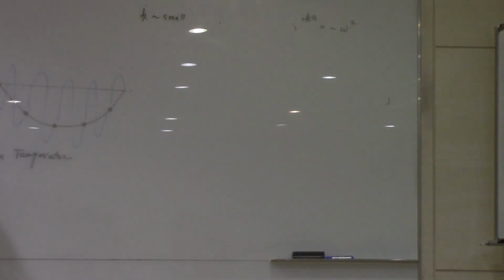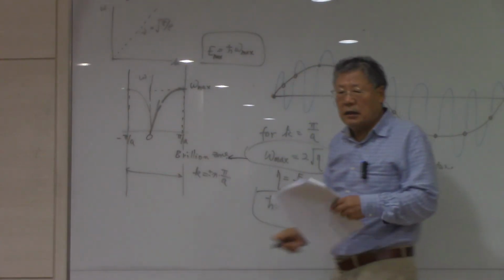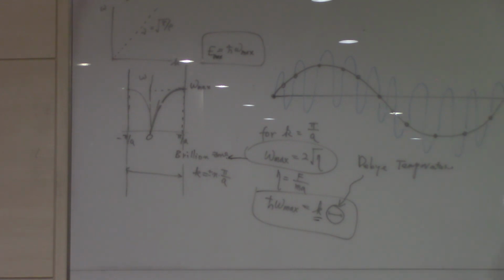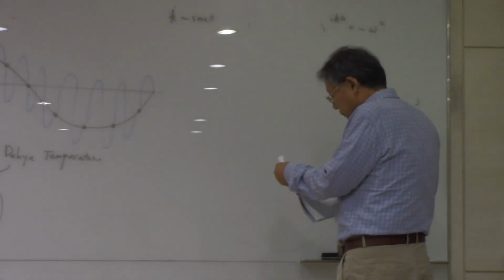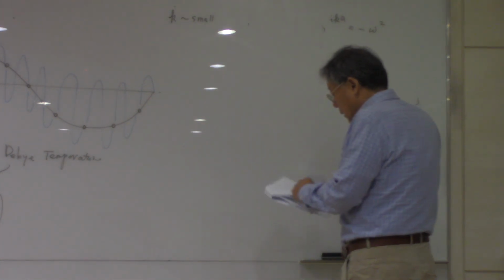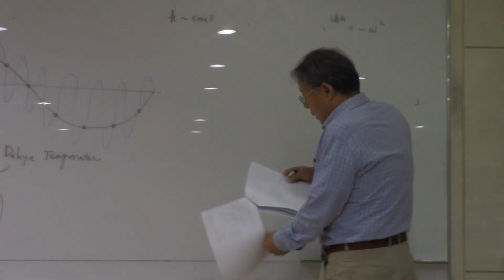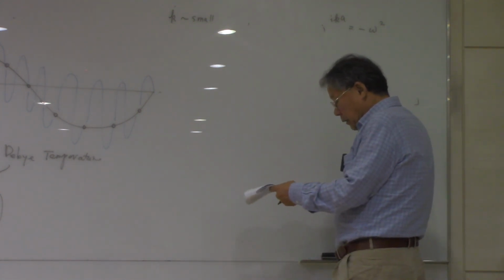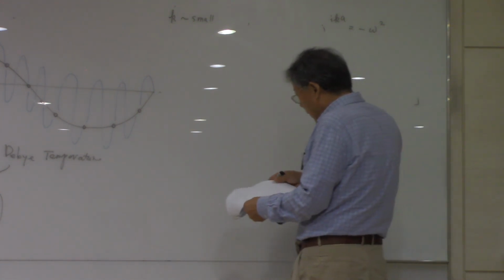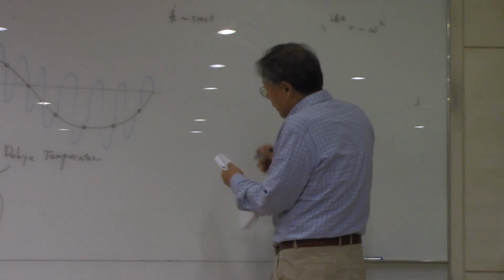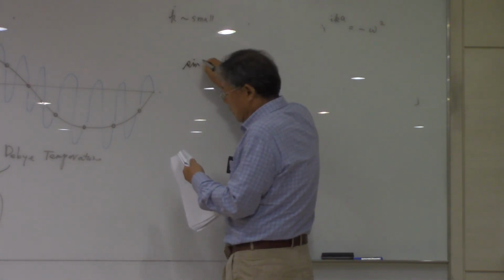In other words, at this edge, it seems like it does have a straight line when the k is very small. Let's see what happens for small k. For small k, sine 2 over k